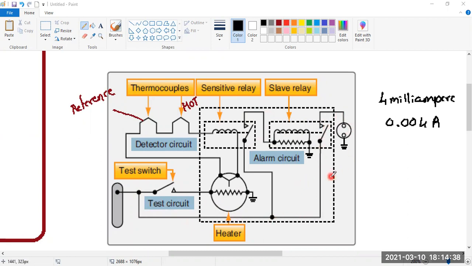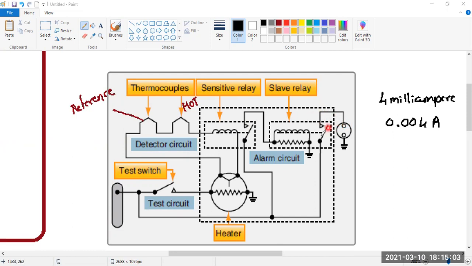I've already taught you what a hot bus bar means. When you're supplying power to an equipment without any inverter, that is directly from the battery bus bar, that is called a hot bus bar. Understood? Clear on the working? So as soon as this contact is made, here also the contact will be made, that will complete the alarm circuit and the alarm will sound in the cockpit.